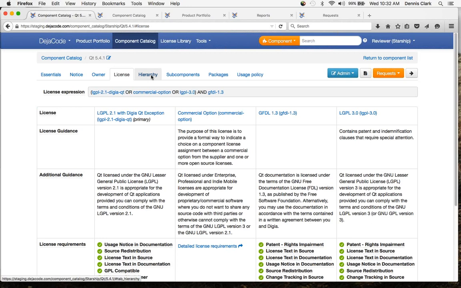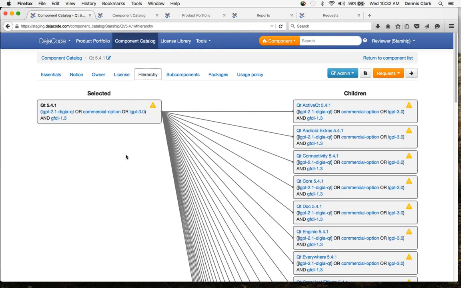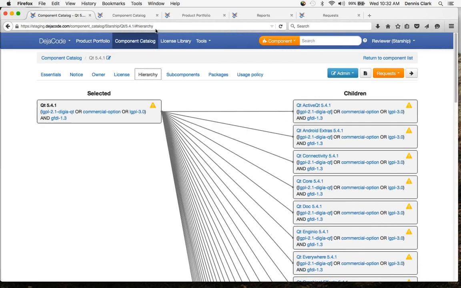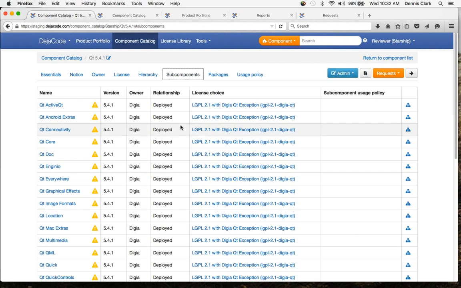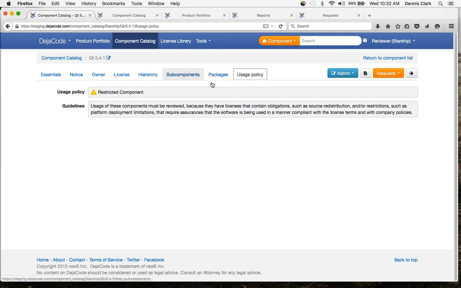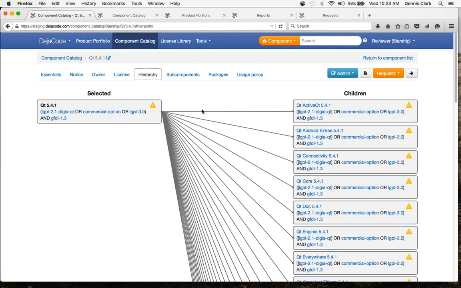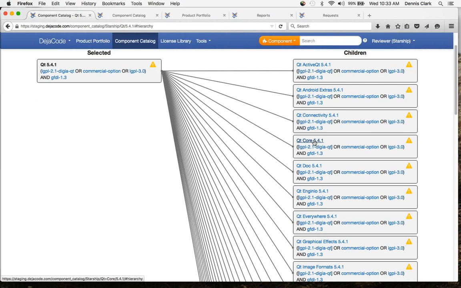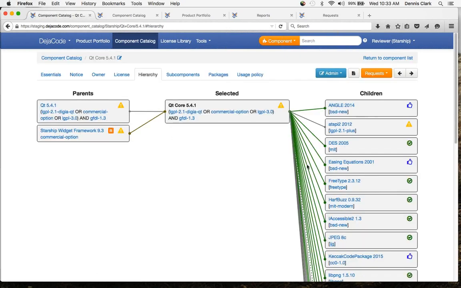So we also have information about the various components within Qt, and you might actually be using only part of it, and we have a different view of it here, if you like, and we're going to see more about that in a moment when we look at the product portfolio. We have information again about the package, how you get it, and your usage policy on that. But just to give you an idea of the capabilities of the application, we can go from here to say one of the components